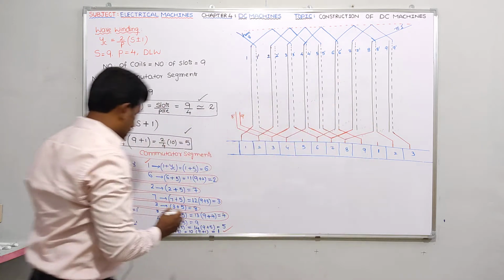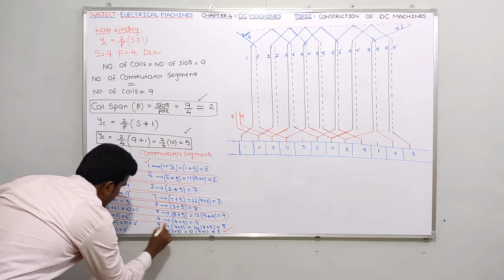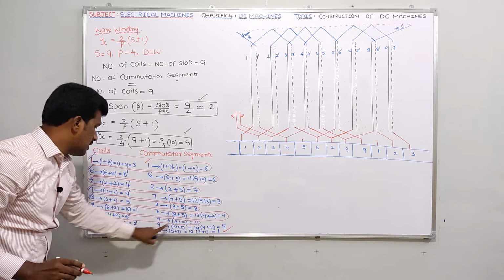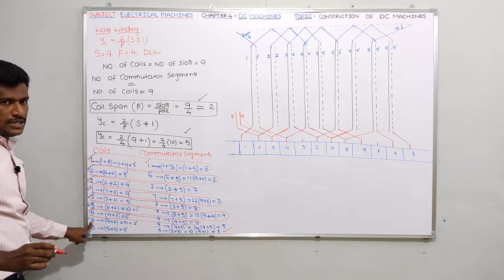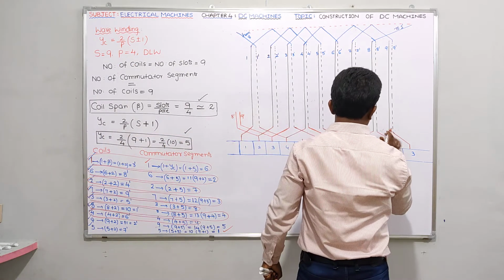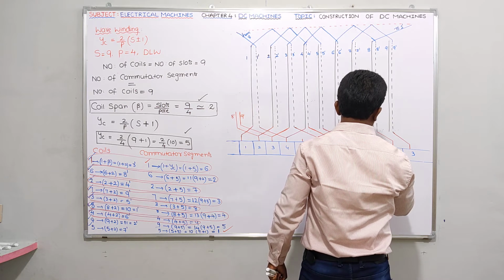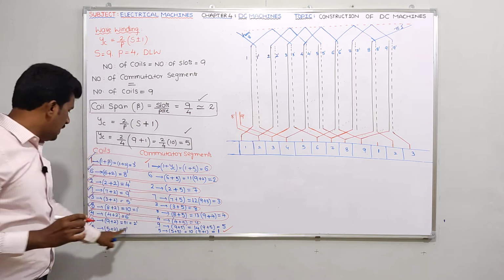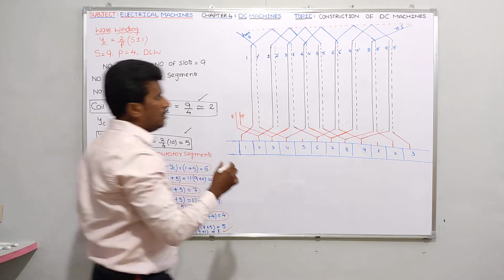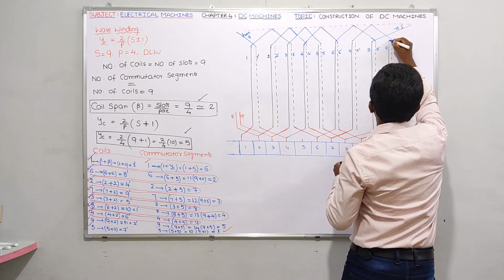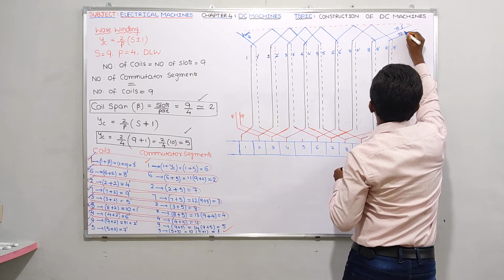Okay, guys. I think this one you also completed. Now the last 2 are pending. So to this 9th segment, I said the 9th conductor will be connected. So to this 9th segment, the 9th conductor is this one. It will be connected like this. Okay. Now here 9 2 dash is the coil. From 9 the connection will go to 2 dash. So like this, from 9 it will go to 2 dash.